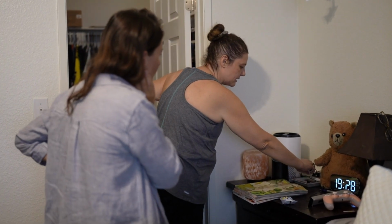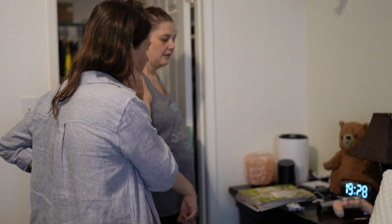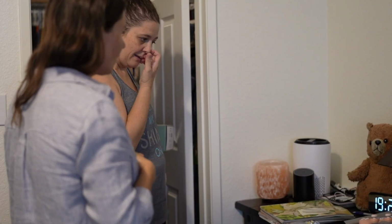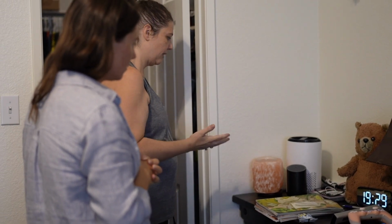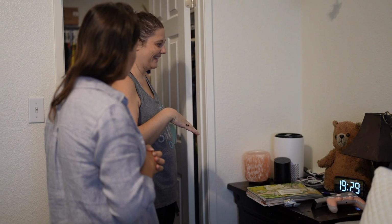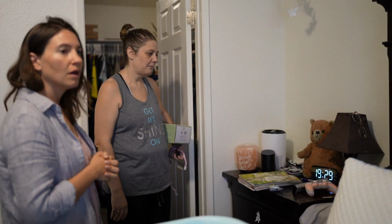I like the cords and stuff are a necessary evil because of charging phones and things like that. But having a better place to store this stuff would be great. Okay. But having a better way for everything to fit, we have really bad allergies in this family, so having the air purifier there and the humidifier are kind of important, but they do take up a lot of